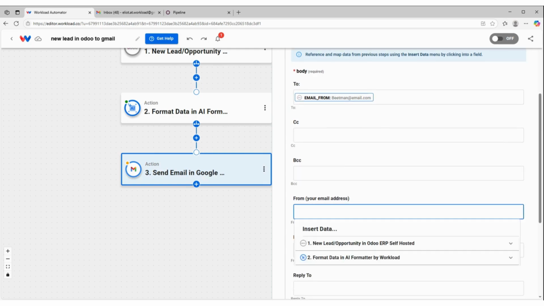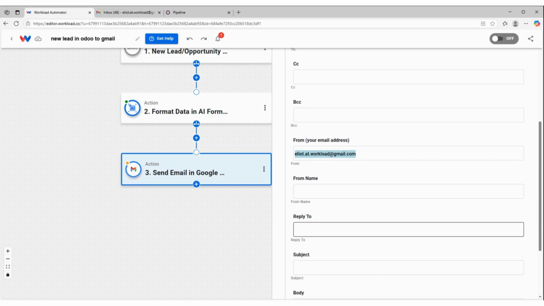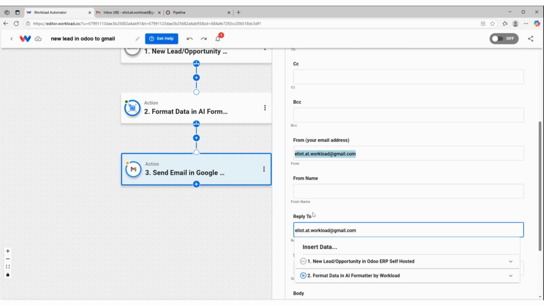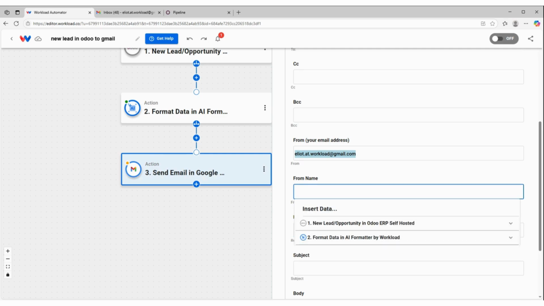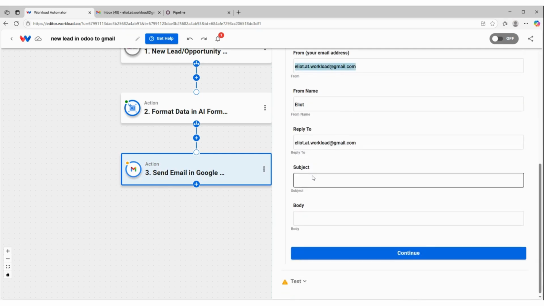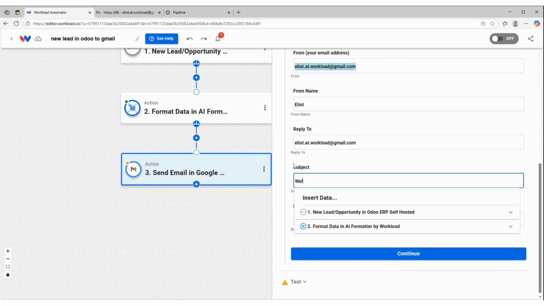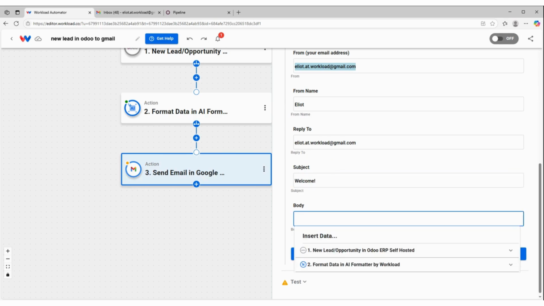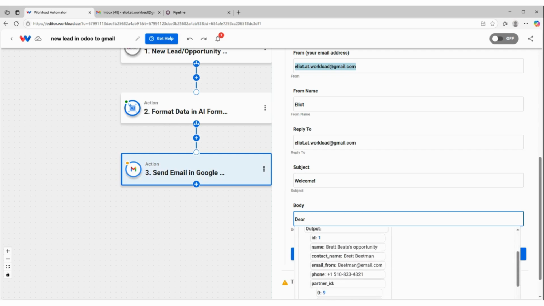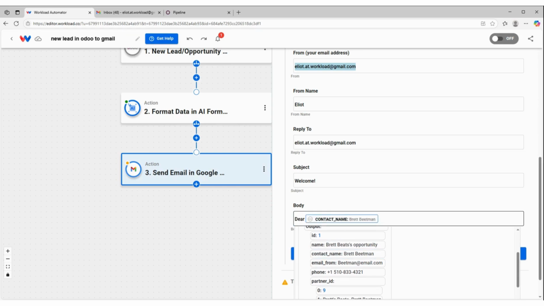The from email is just going to be my email. And I'm going to copy that and put that as the reply to as well. And then from my name, the subject, welcome. Dear, and then I'm going to import the name. This could be either from step 1 or step 2. Dear Brett Beatman,